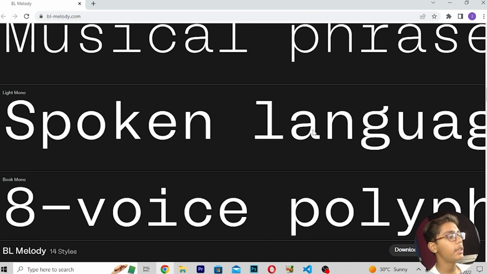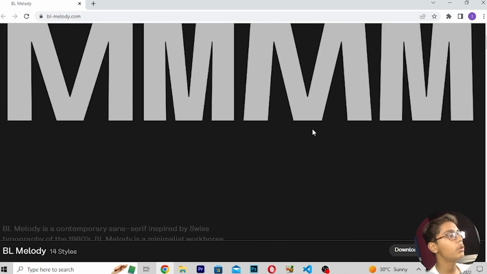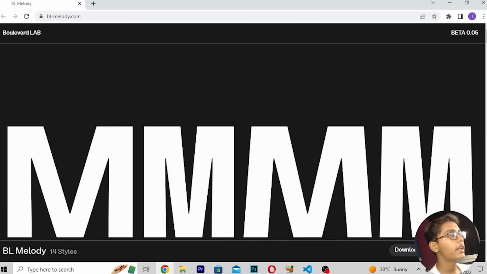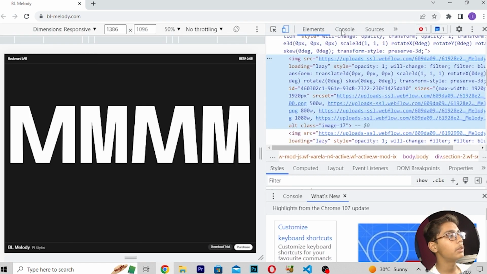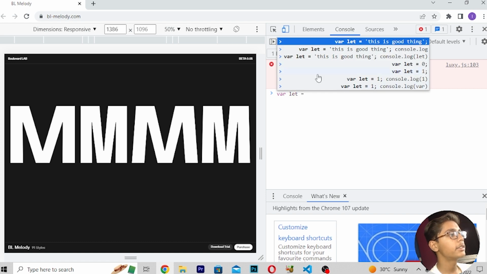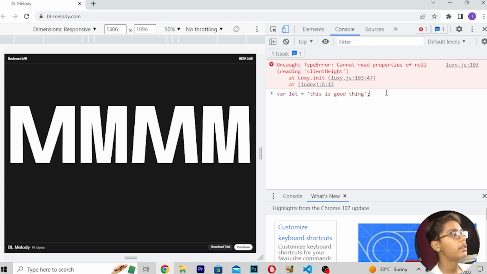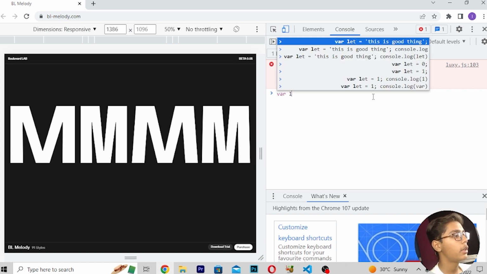Now we will see how to use variables in this project, and learn where the variable has been used in this project. You can see the heading and the top navbar. There we have used the variable. If I move to the console, you will see that you get this caught type error. So here you have to write variable let is equal to, then we will write the same variable, this is good thing. Then if I press enter, you can see nothing happened, because it does not show me the variable here.